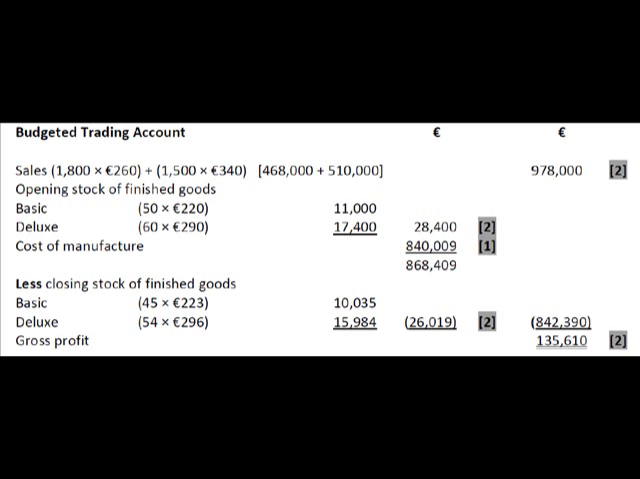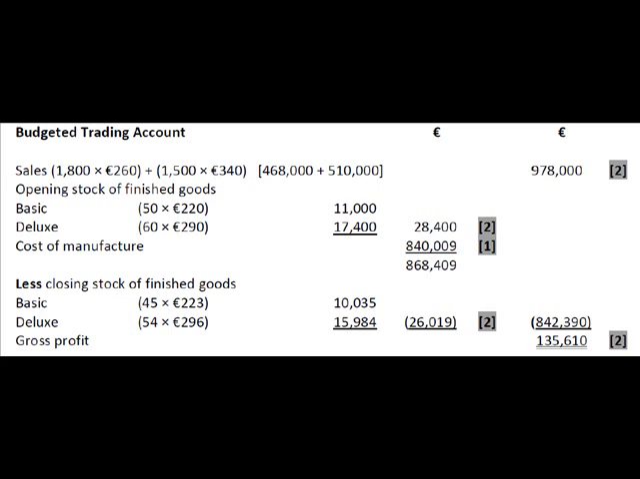Sales less cost of sales, and of course opening stock is our first cost of sale, and we're starting off the year with 50 basic at €220 each. The question tells us this, and similarly for deluxe, we have 60 units by €290 each. Again, all these figures are given to you. So our opening stock totals 28,400,